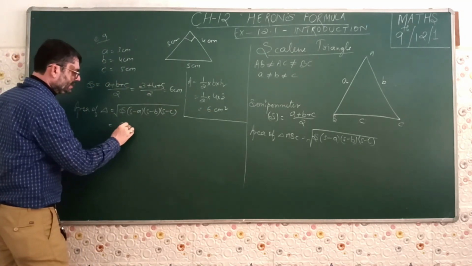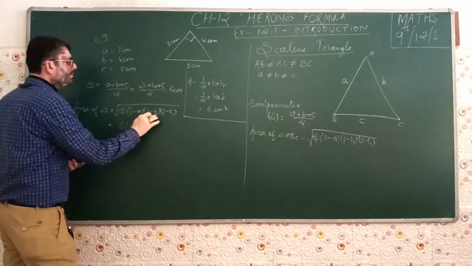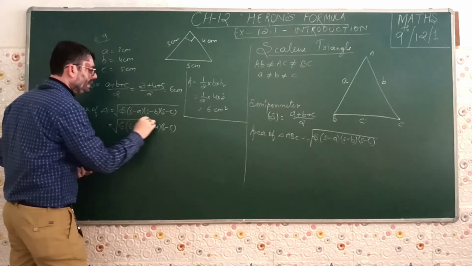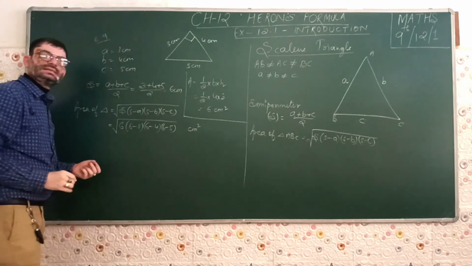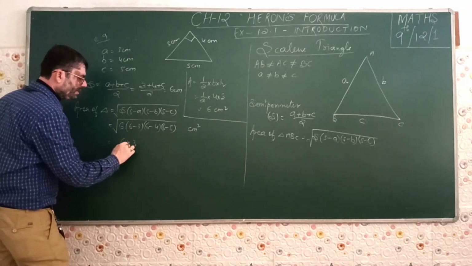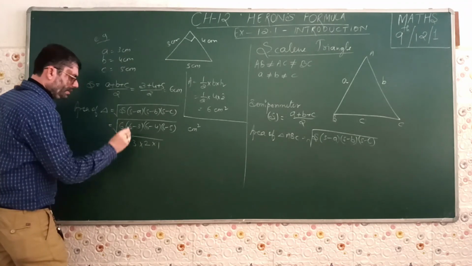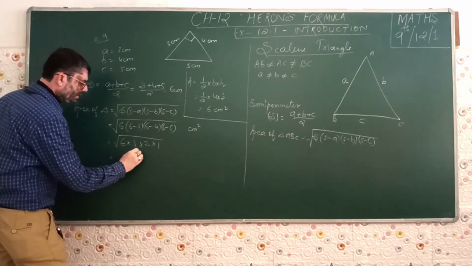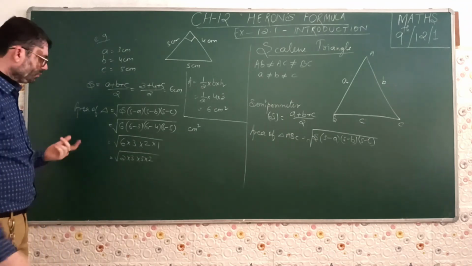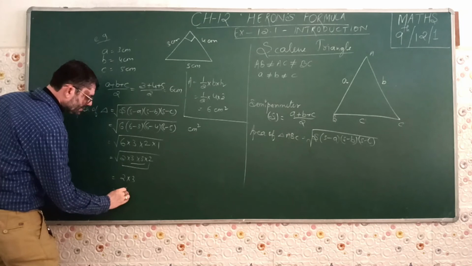S was 6, then 6 minus A, which we had taken as 3, this is 6 minus 3, then 6 minus 4, and then 6 minus 5 for the values of A, B, and C. The answer that we will get will be in centimeter square. So 6 minus 3 is 3, 6 minus 4 is 2, and 6 minus 5 is 1. If you split 6, you get 2 into 3; so you have 3, you have 2, and 1. Anything multiplied by 1 is itself. So we make pairs: this is one pair, this is one pair, and out of the pairs we get 1, 1. So this is 6 centimeter